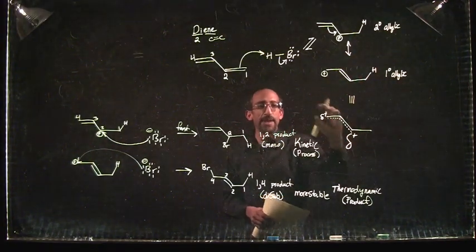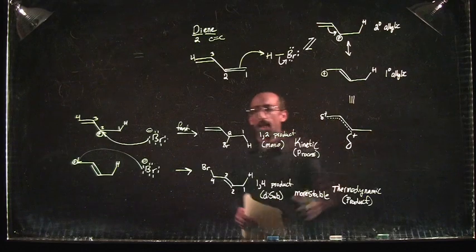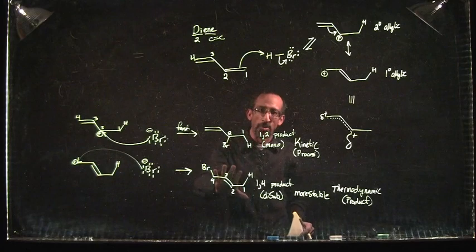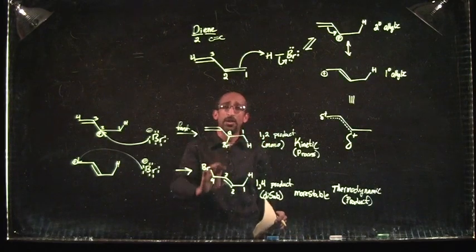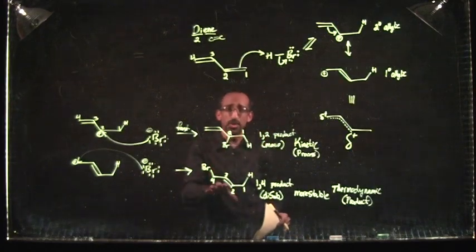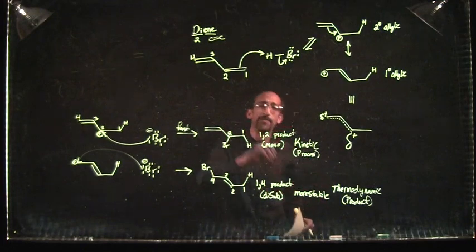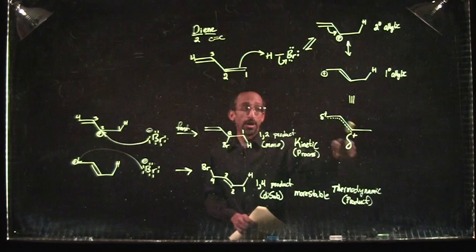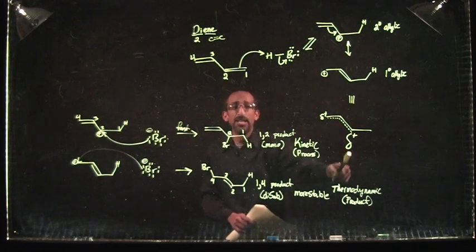Assign the different magnitude partial charges. Draw out your 1,2 product, draw out your 1,4 product, see which one of those is the more substituted, that's your thermodynamic. Then see which one of those arrived from the larger partial positive in your resonance hybrid, that's your